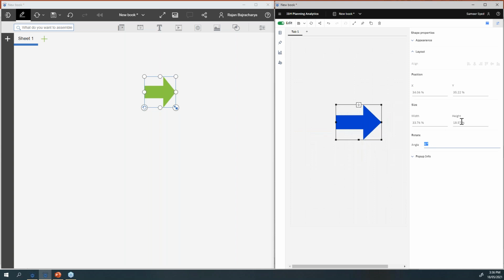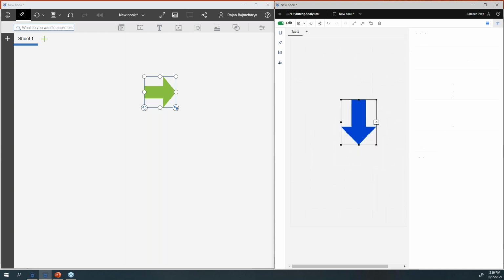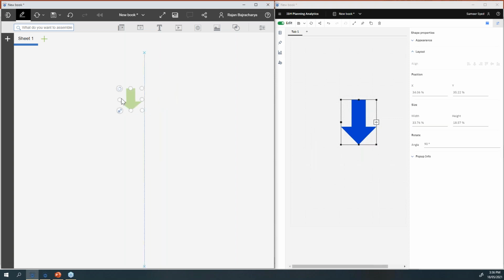And I can even change the angle. If I want to have it say 90 degrees, you can see it has changed to 90 degrees. Now, if I have to do this same thing in the old version, I think, yes, I can do that, but it will take some time. As you can see, it is not perfectly aligned in terms of the 90 degrees unless you do it. So again, it was much easier for me using the new version of PAW with the x-axis, y-axis, length, width, height, and the angle as well.